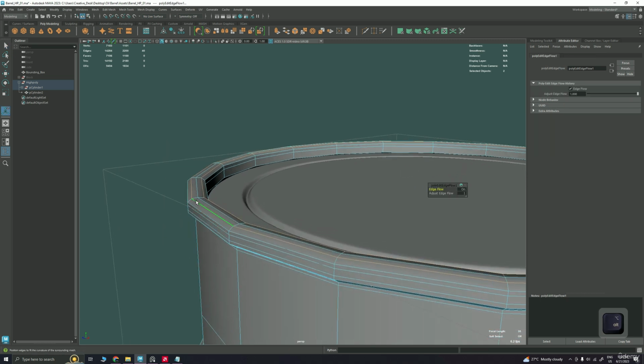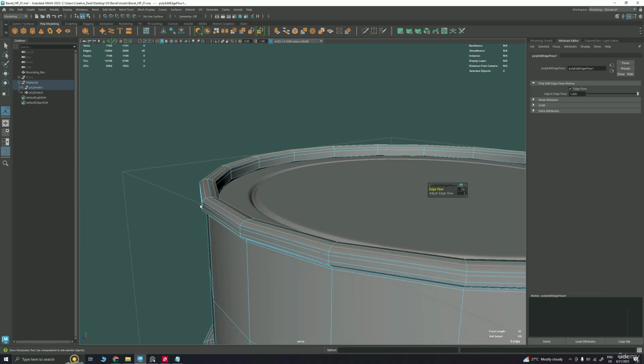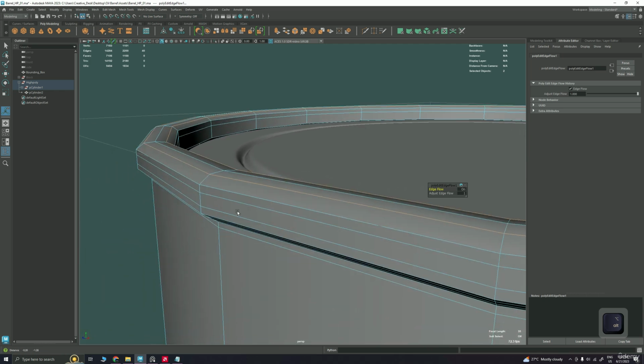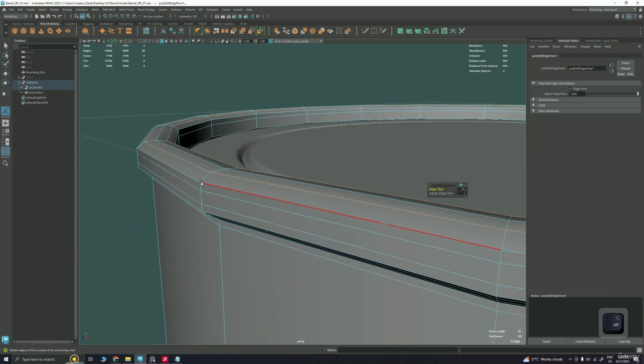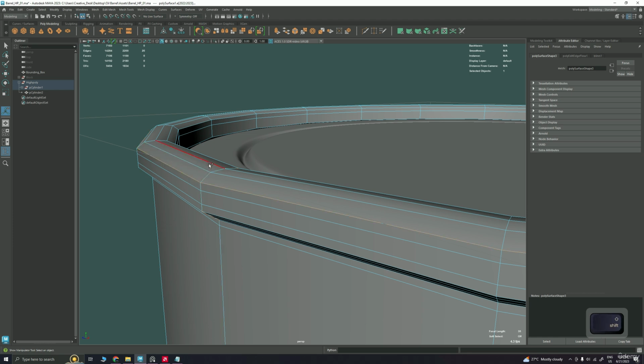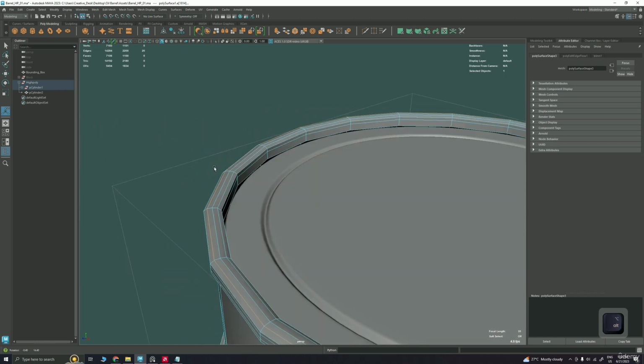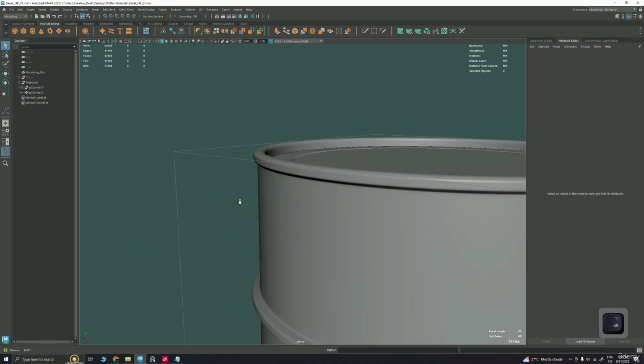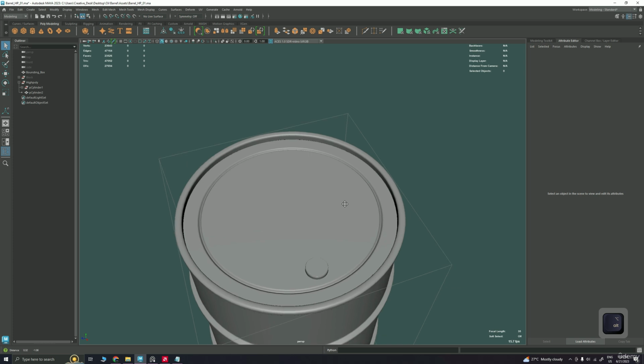It will give a flow to the selected edges, curvature. It calculates from this edge to this edge and gives necessary curvature to the selected edge. Okay, that's what it does. Let's press 3 again. Now there is no shading issue, now there is no gap,